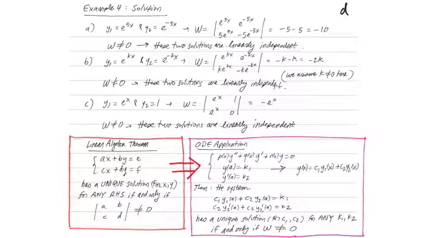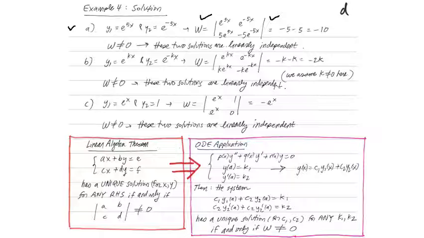Hopefully at this point people have tried setting up the Wronskian and calculating it for those 3 examples. In example A, y1 is e to the 5x and y2 is e to the minus 5x. Plugging those functions into our Wronskian formula and taking the derivative of y1 in the first column and the derivative of y2 in the second column, we get that expression for the Wronskian, that 2 by 2 determinant, and then